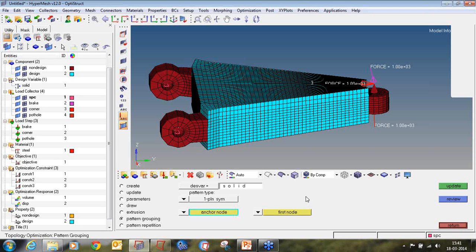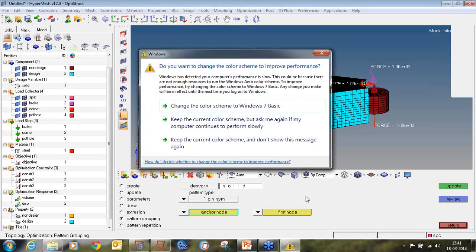The symmetric mesh is not required as OptiStruct will create variables that are nearly identical across the planes of symmetry. The plane of symmetry is defined by specifying the anchor and the first node. The plane of symmetry will then be perpendicular to the vector from the anchor node to the first node and pass through the anchor node.